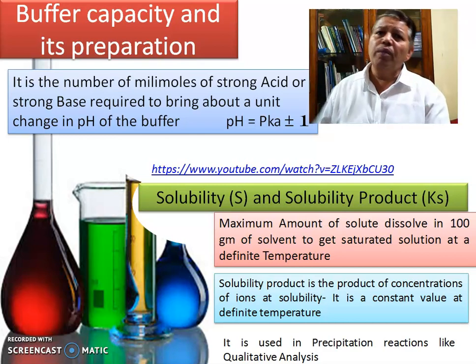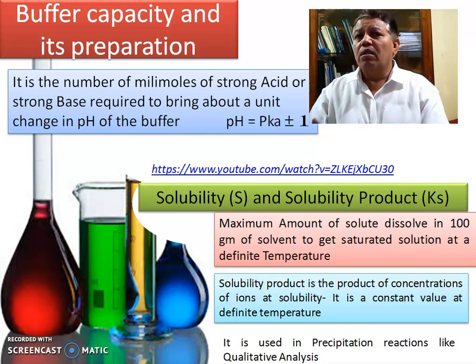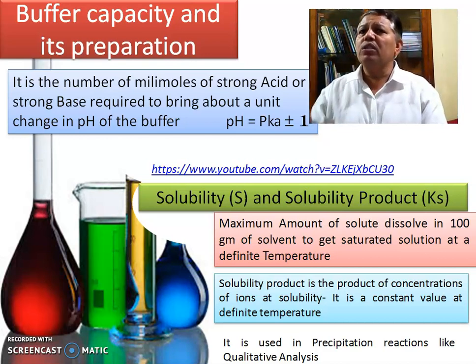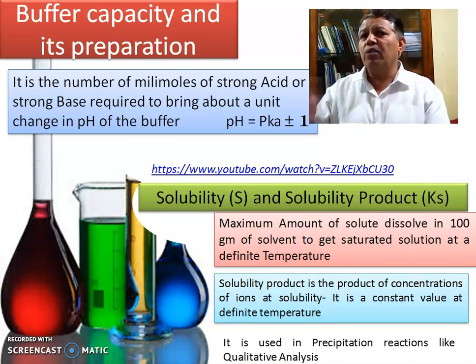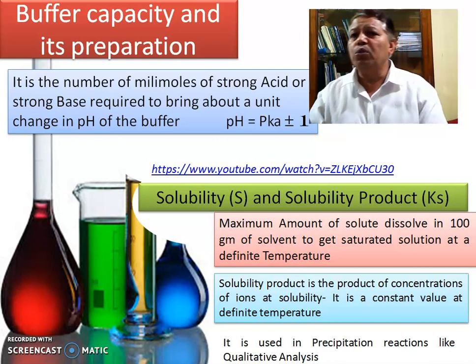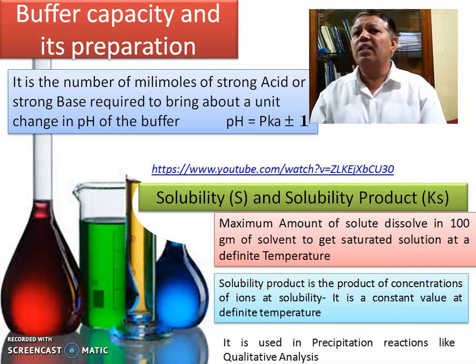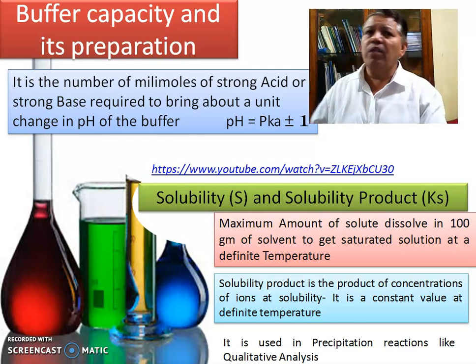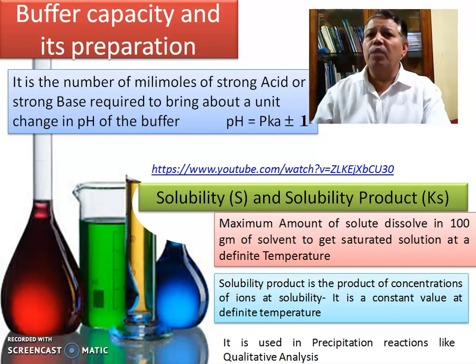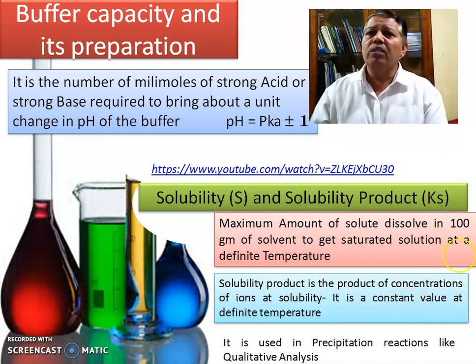Now, in the case of solubility and solubility product, solubility is the maximum amount of solute dissolved in a minimum amount of solvent to get a saturated solution at a definite temperature. Solubility product is the product of the concentrations of ions at saturation at a particular temperature. Solubility and solubility product are used in precipitation reactions for qualitative analysis, in inorganic or organic qualitative analysis. In this way, solubility and solubility product are used. Now, in the case of the buffer, there are so many